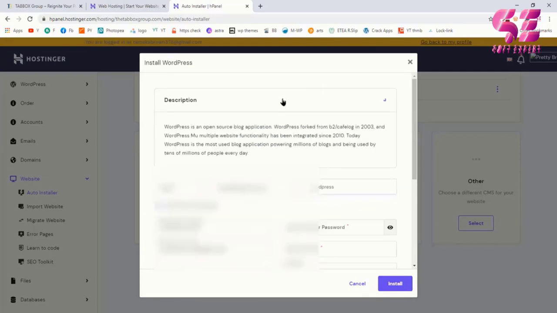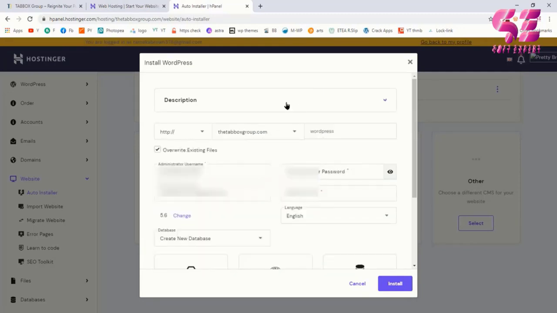Now you can give it a description. Also you will need to choose the domain. So I'll choose the subdomain we created, and this is the subdirectory, so leave this blank because we want our website directly on this domain, not in a subdirectory. Choose this to overwrite existing files, so that is okay. Here write an administration username and a password through which you will log into your dashboard. Write an email